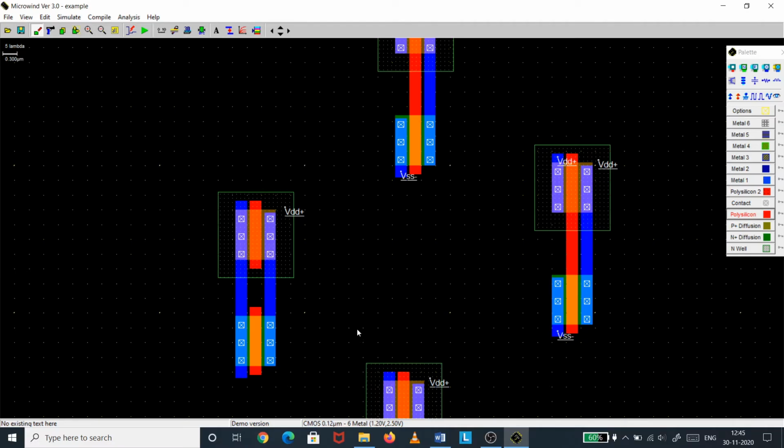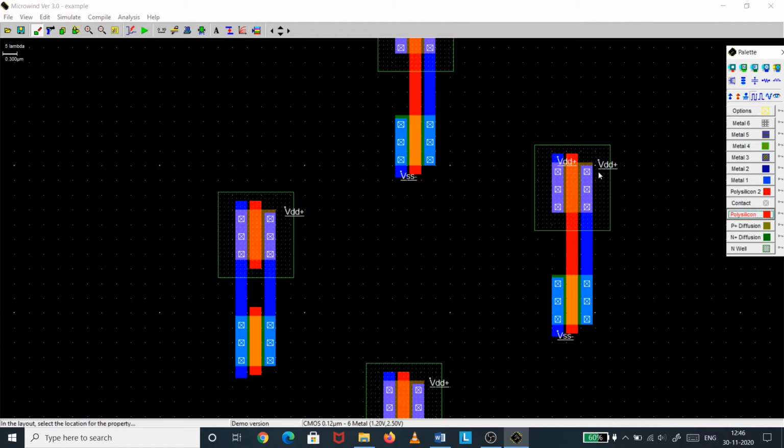We will be giving clock here, then clock bar here, D input here. Obviously this will be our Q. So this Q will be further given to the first CMOS inverter. The output of the CMOS inverter here will be Q bar. It will be given to the second CMOS inverter. The output of the second CMOS inverter will be Q, and that will be given to the transmission gate, and the output of the transmission gate will again be given here, Q, right?